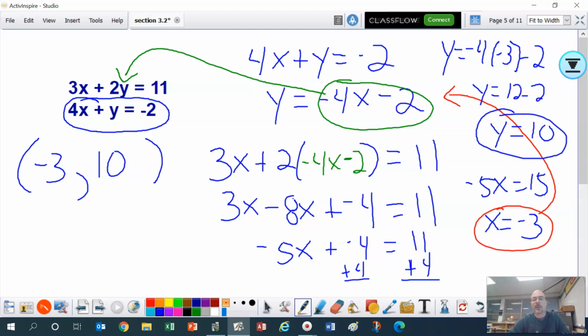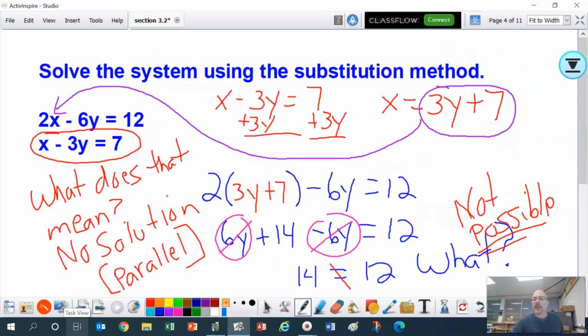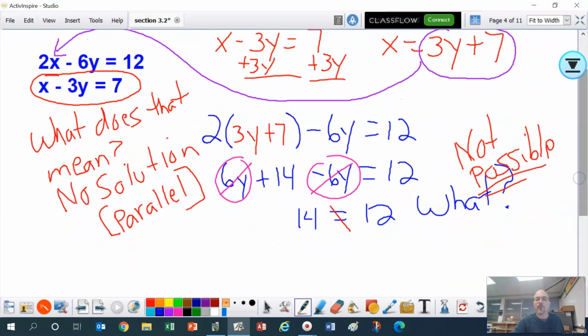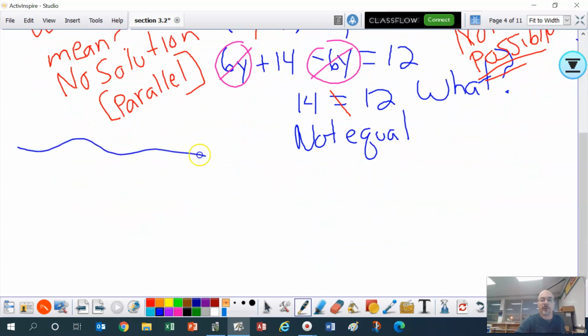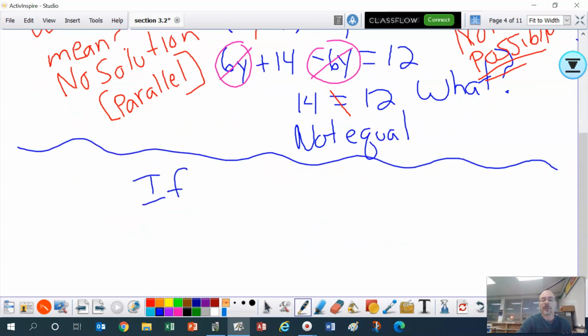All right, I'm going to take a minute and go back. I need to talk about this really quick. I'm going to go back to this problem. In this problem, we ended up with two numbers that don't equal each other. When that happens, you are going to end up with no solution, which means they're parallel. But there is another scenario that I want to talk about. If you end up with something like this,